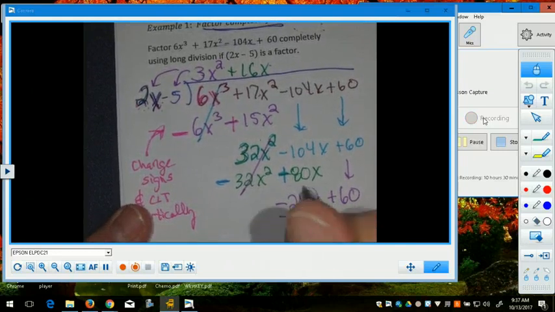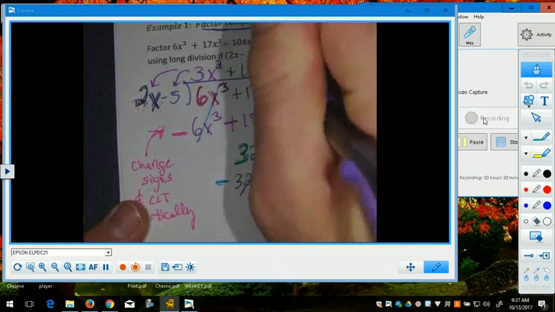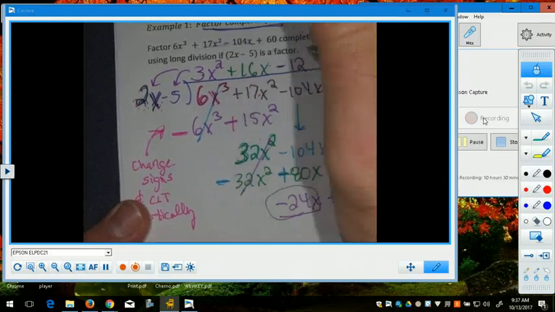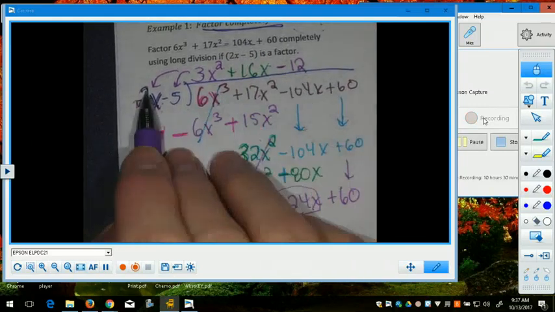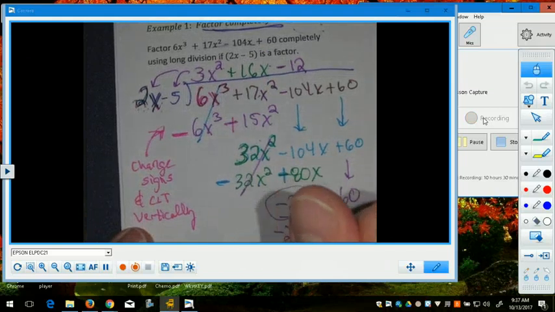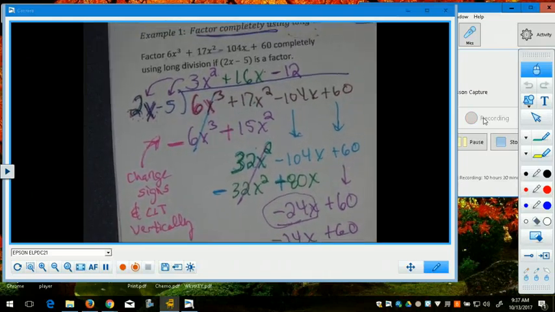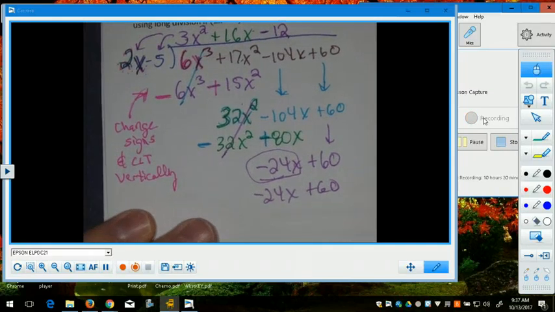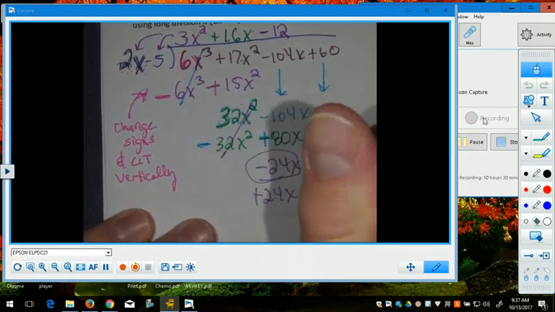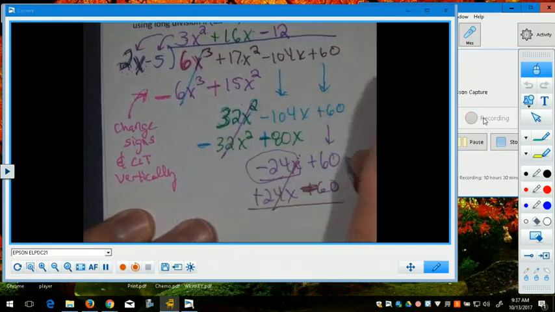Focusing just on this first term, 2x times negative 12 would give me negative 24x. So I'm going to distribute that negative 12, giving me negative 24x. I want to get the same thing here. Negative 12 times 5 is positive 60. And that worked out well because when I change the sign and combine these, I'm going to get 0 for